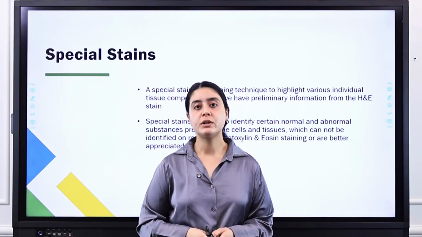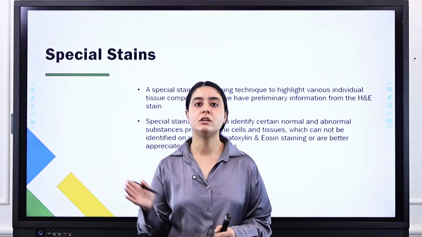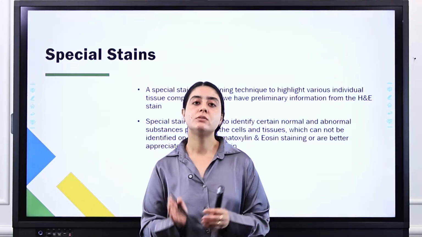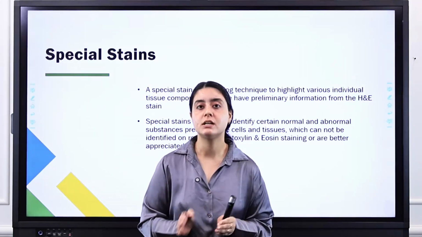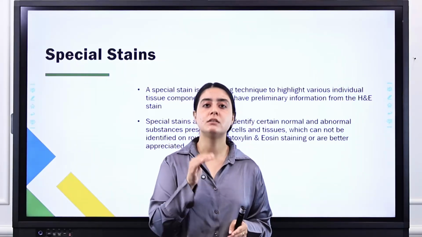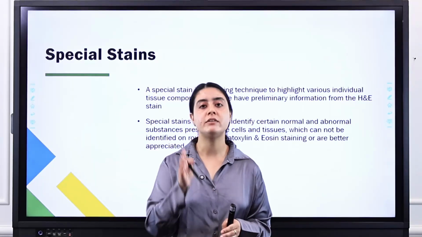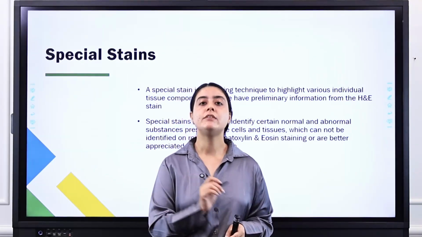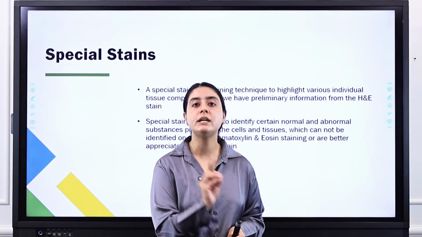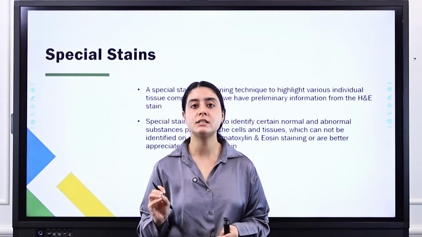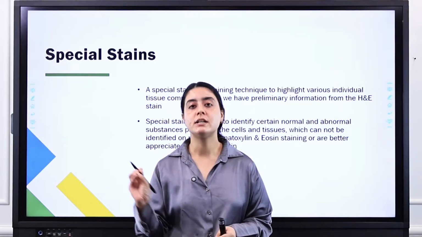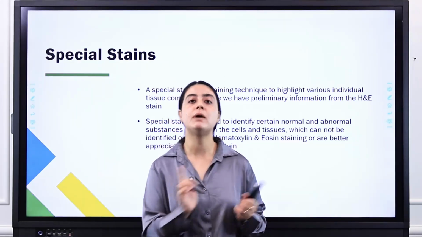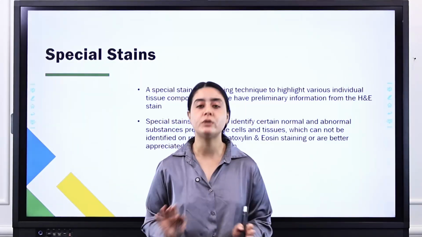So today we are going to discuss our histopathology sections, unit 2. In the last lecture we discussed what the staining procedures are and why we have to do staining procedures in histopathology, and we have completed routine staining. What is the routine staining? H&E is the routine staining in histopathology. So in part 1 we have completed our routine staining.